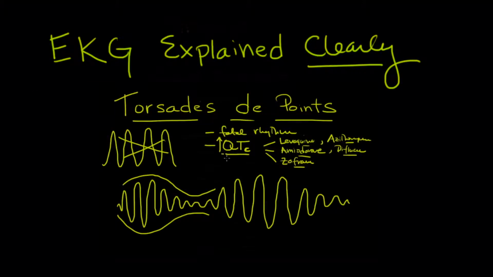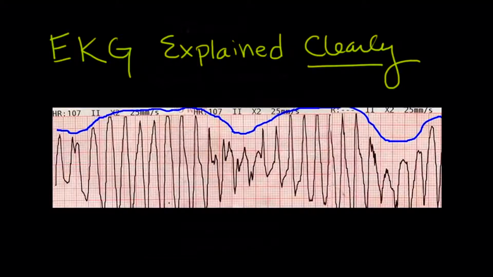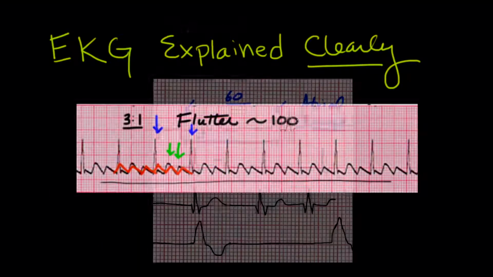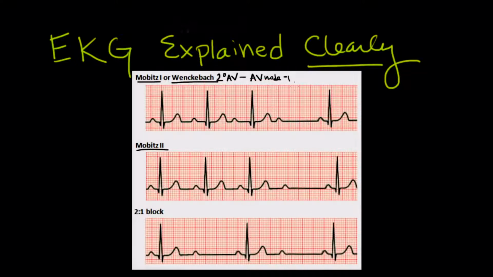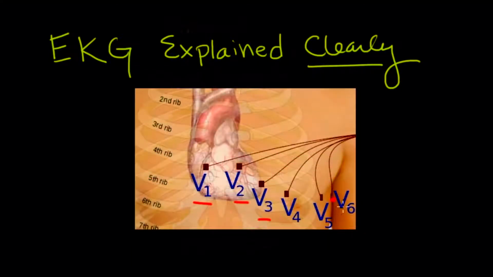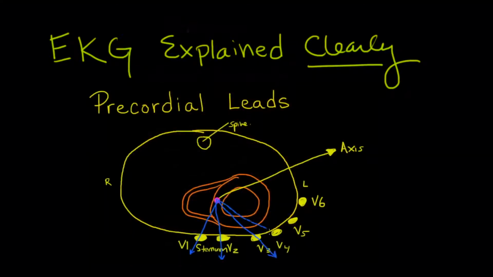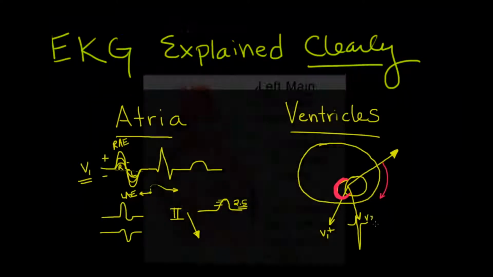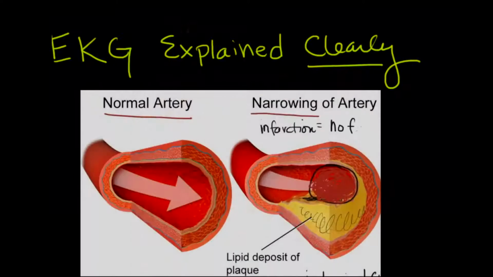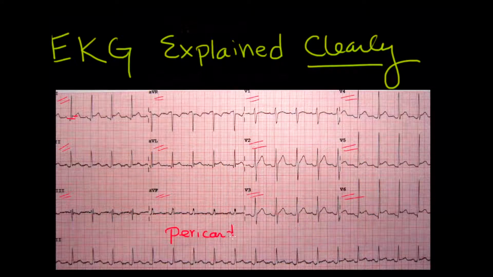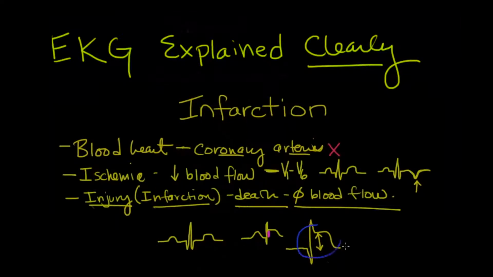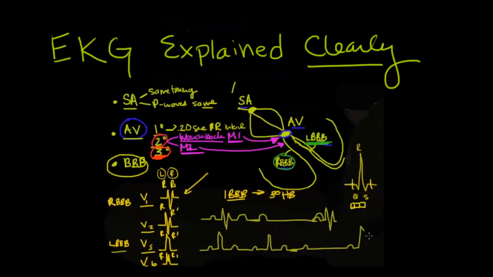the QTC, and the potentially life-threatening torsades de pointes, atrial fibrillation and flutter, widened QRS complexes, and the various types of heart blocks, using precordial leads to hone in on certain areas of the heart, atrial enlargements and ventricular hypertrophies, acute coronary syndromes, myocardial infarction, and pericarditis. We'll talk about Q waves, ST segment and T wave changes that we see with ischemia, bundle branch blocks and